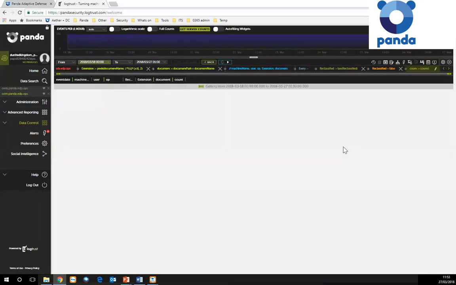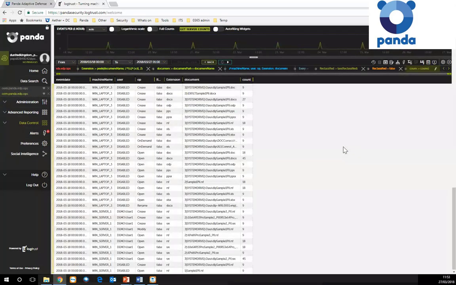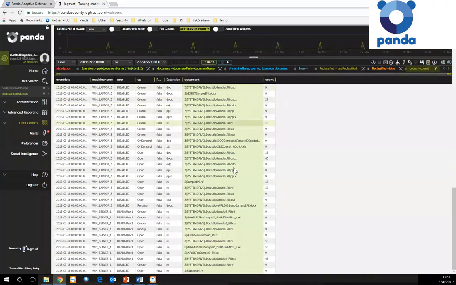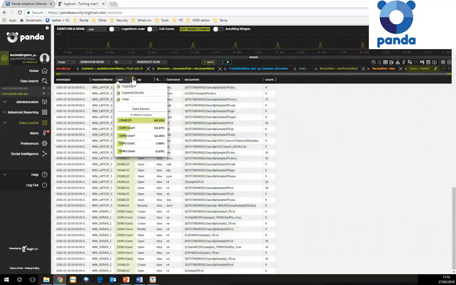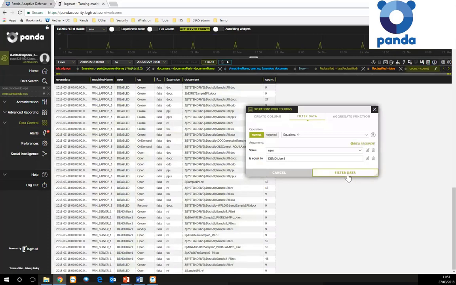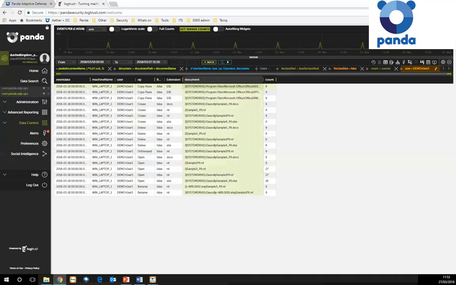So I showed the event table for data control early on. Now here we can see all the queries that have been applied to the data just to get it into a format that we can then generate graphs and charts off the back of. Now straight away, when I've clicked on that general view one there, I can now see all the files that are being accessed. So we could simply say, well, what is that particular user? Let's pick on a user quickly, click on the drop down box, click on user 5, filter that person out, and now I can see all the data that they've been accessing on that particular machine in that time frame that I've defined within here.